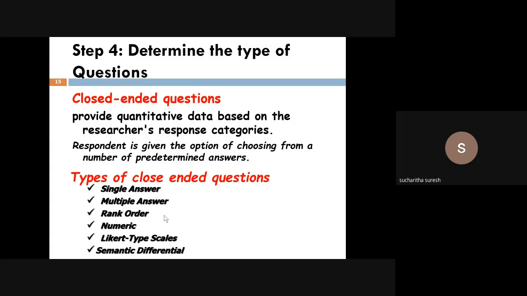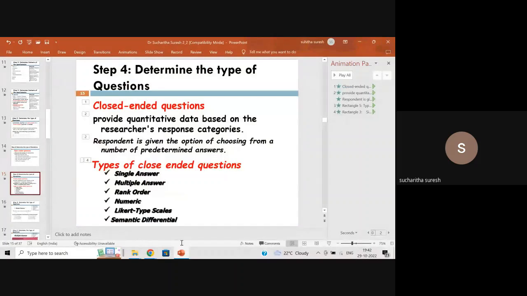Rank order is also fine. But there it is in terms of attitudes and perceptions and things like that, then you have to use